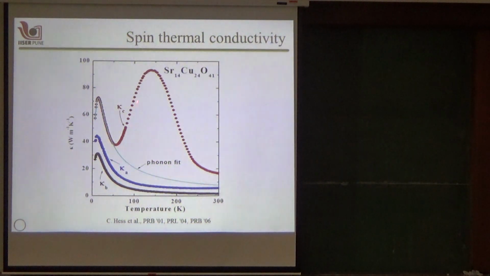And then there is another peak which appears only along the chain direction, and this is the peak which is because of these quasi particles, the magnetic excitations. So this is the magnetic contribution to the thermal conductivity, and in fact by changing the stoichiometry of this material you can shift this peak all the way up to room temperature, and that makes it technologically very relevant, because